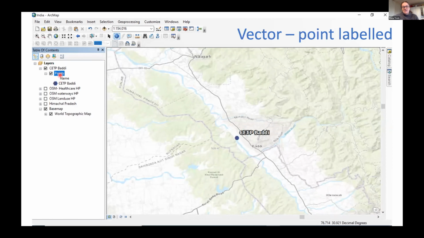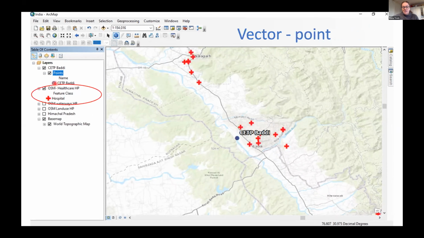All of these things are accessed through right-clicking on the name of your layer in your layers sheet, or for the symbols you can equally double-click on the symbols themselves, so the dot, for instance. Other point features that might be relevant to the analysis of AMR in the environment are, for instance, the presence of hospitals. And just to point out that the data for the CTP Bardi we've added ourselves,